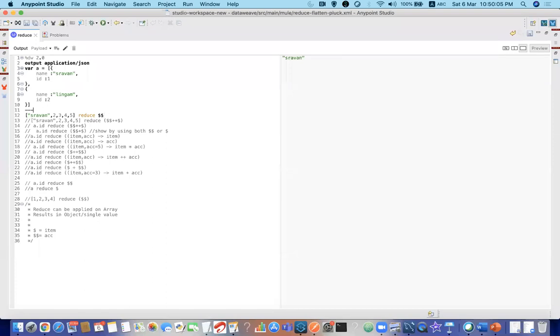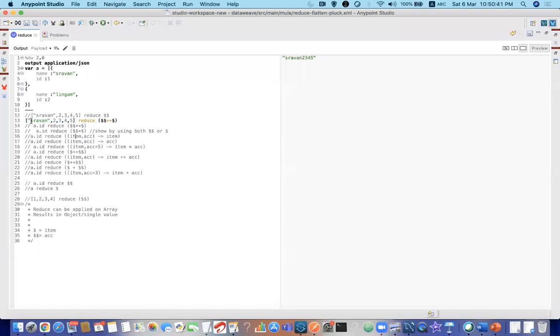Okay, so I will comment this out. Now I'll uncomment this part. Here you can see I am using Shravan 2, 3, 4, 5 reduce $$ ++ $. What it is doing here is concatenating all the values. Yes, understood this one? This expression is concatenating all these values, Shravan 2, 3, 4, 5. Something we call this an accumulator. I'll show you what the accumulator is.